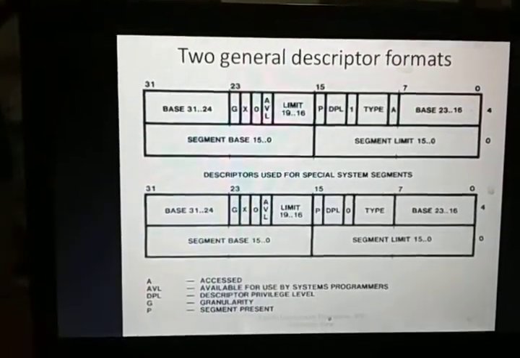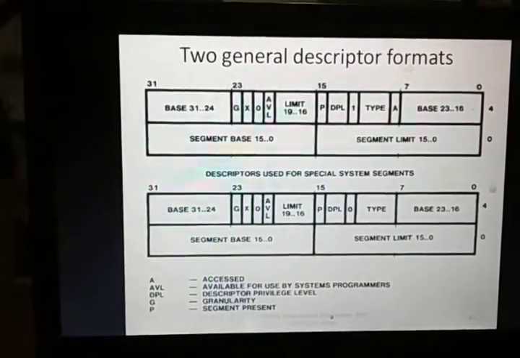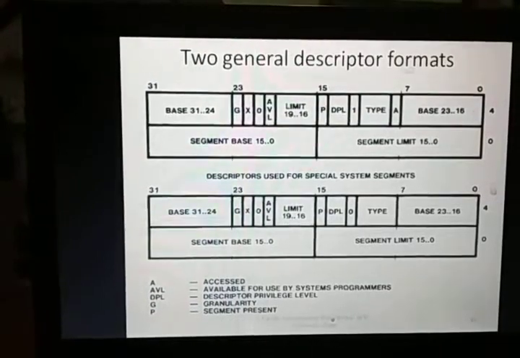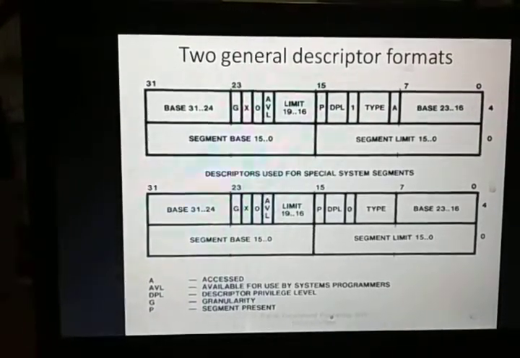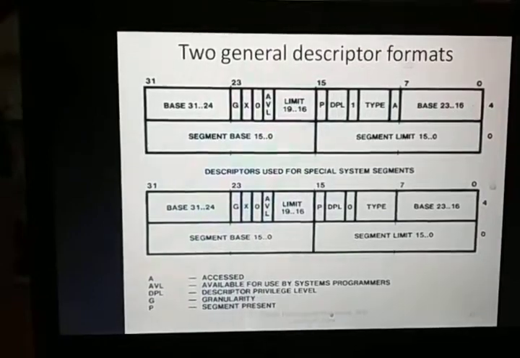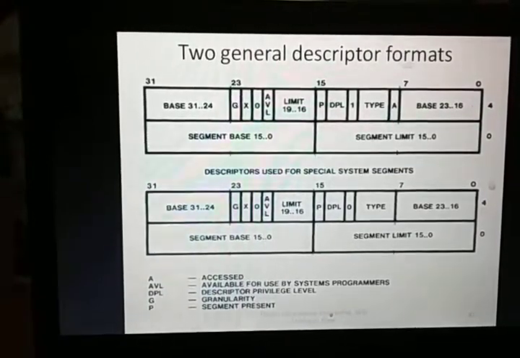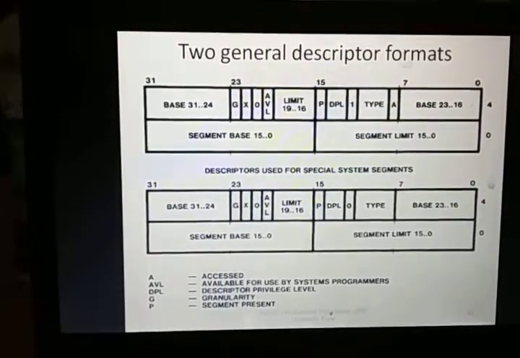Then P is the present bit, meaning whether the segment is present or not. The limit field defines the segment size in the table. Then the available bit defines whether the segment descriptor is available for use by the system programmer or the system.